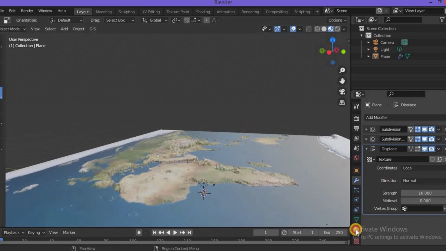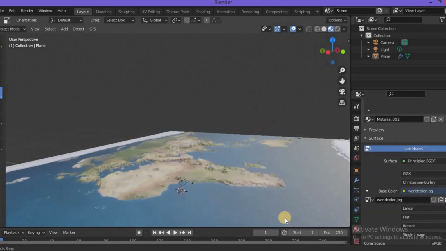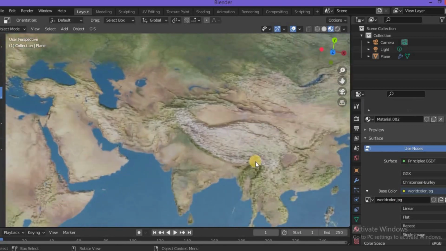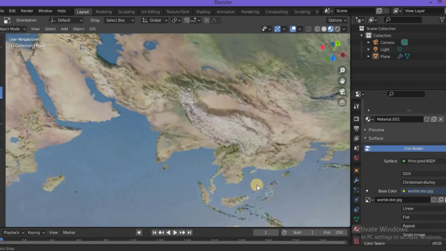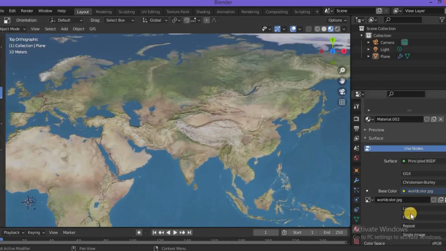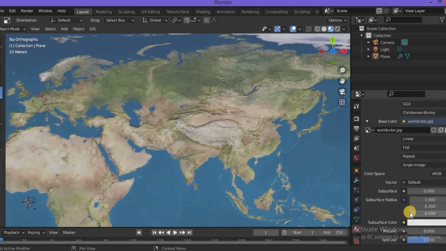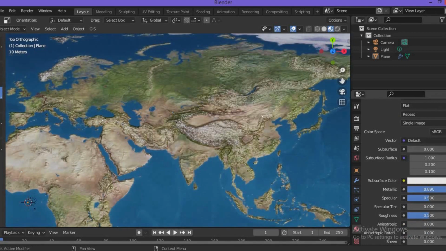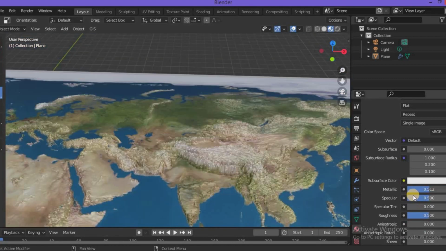So in the material section you can further elaborate the view. I'll just keep it like this. So you can go down and you can change these properties so that you can find the suitable color. I'll increase the metallic texture. So as you can see, the base map is changing. That's it. We have taken it.